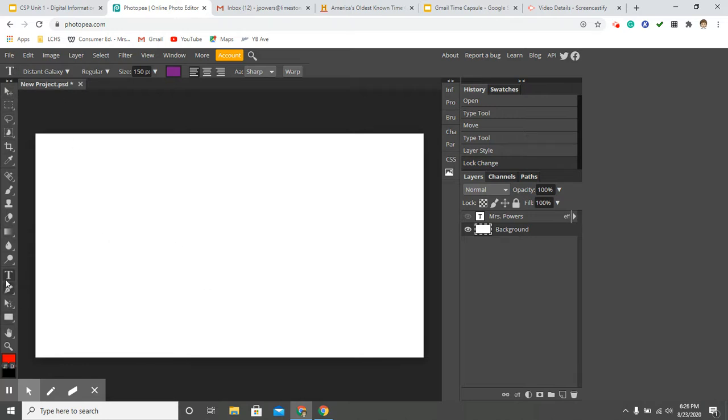So the gradient tool is 1, 2, 3 above the type tool. This is what it looks like. So I'm going to go ahead and click on the gradient tool. You'll notice that in the upper left-hand corner, it has black and red. The reason why it has black and red is because that is my foreground and background colors. If you want to change that,